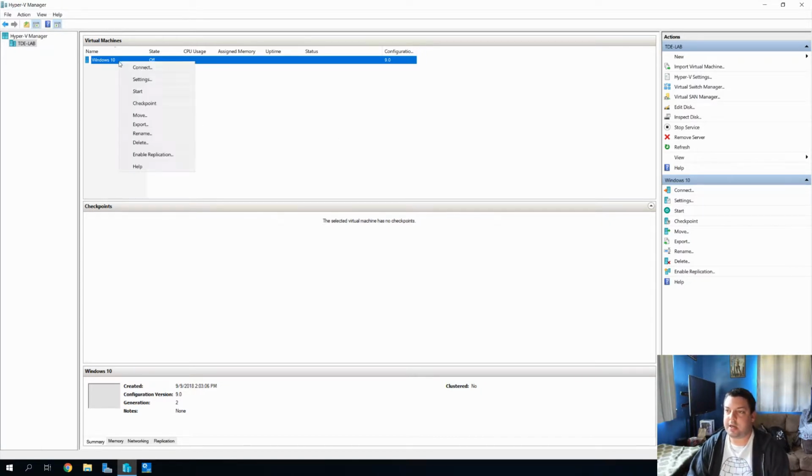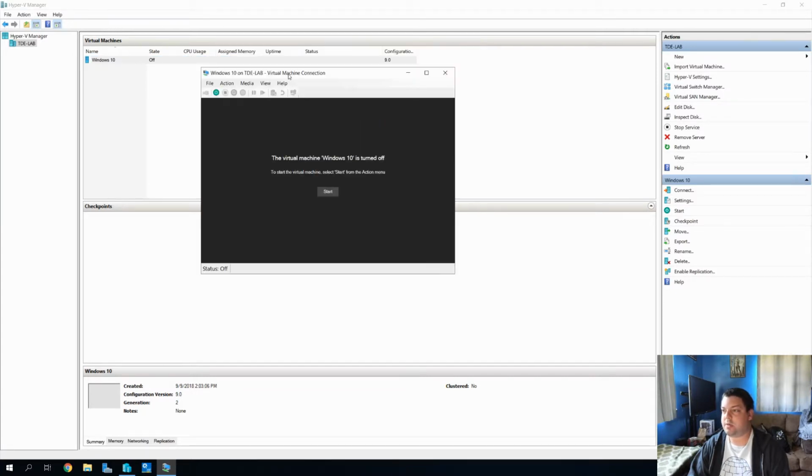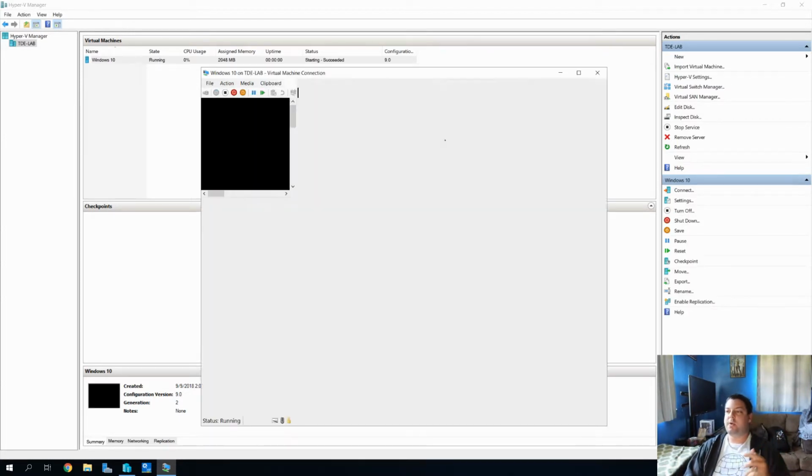So we're going to right click on it here, and we're going to hit connect, and that's going to bring up our console. Here's our console. Basically, we're staring at a blank monitor. This is a computer that hasn't been powered on yet, and you're staring at the screen. So if you go ahead and hit start now, it's going to boot up